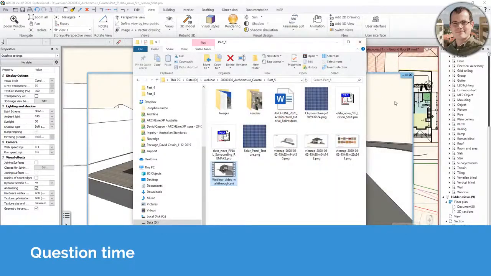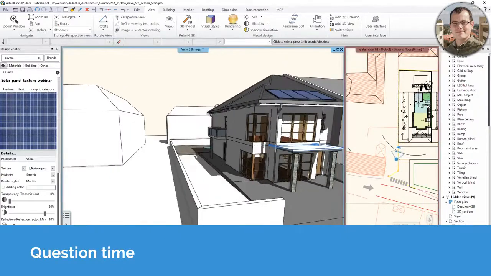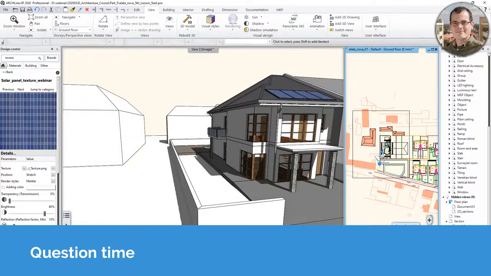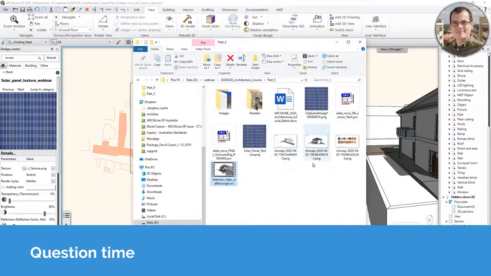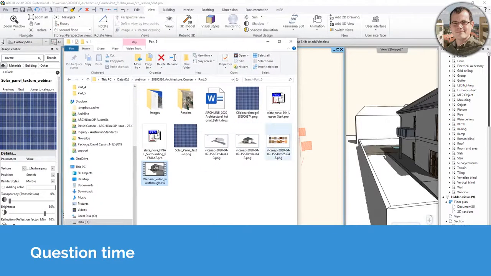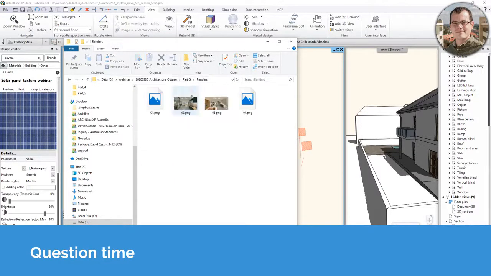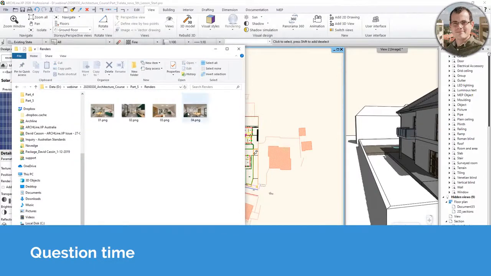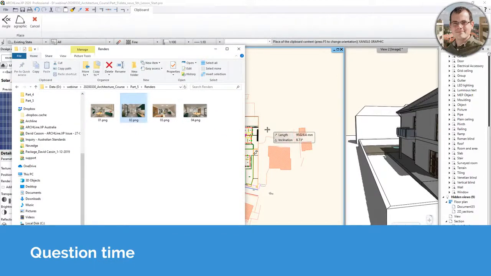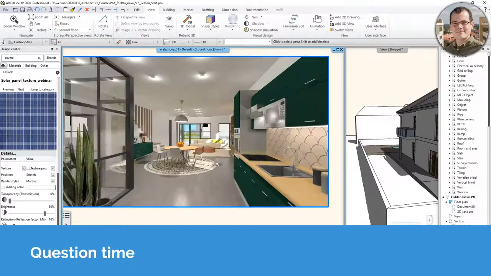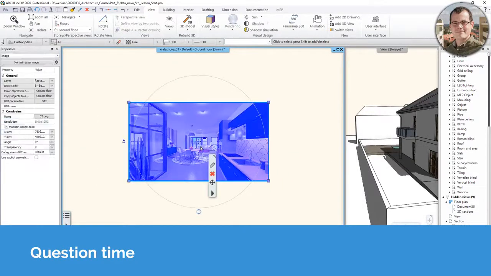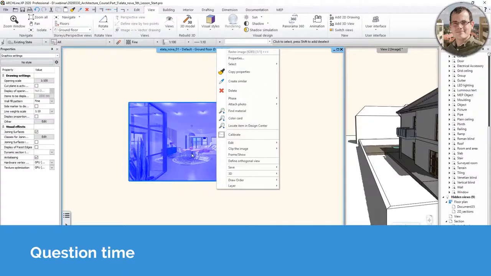And let's return to the matter of how to use an image in the model. Now, I don't have a photo here that I could be using, but I think if I showed you with a plain image, that would be fine as well. So let me say that this is, for example, one of the scenes I was using. Or no, here we go, renders. I think that's better to use. So I'm just going to drag and drop one of the rendered images that I have, like that. And once you have inserted a raster image, then you can just hit the context menu and go to save as material. So if you have, for example, a picture on the wall, and then